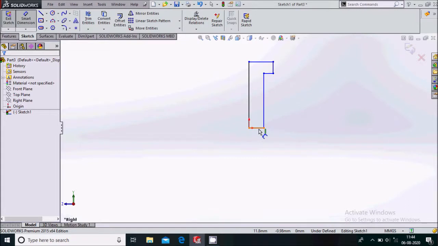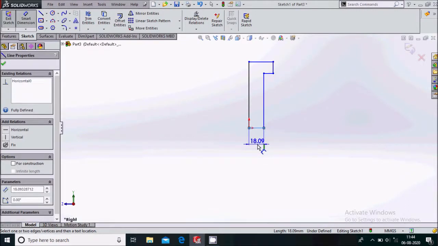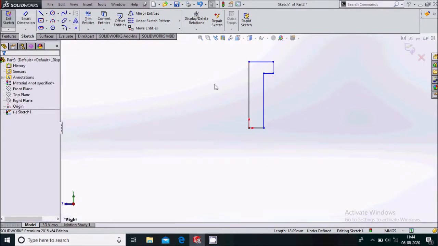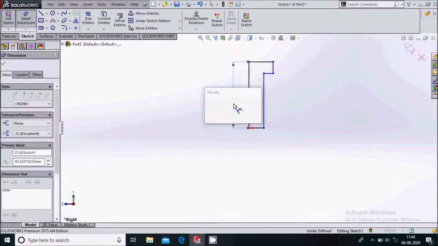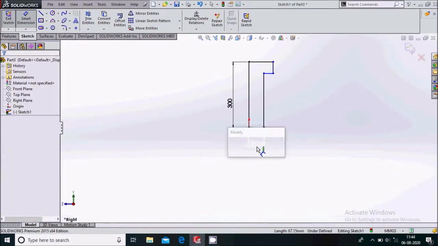So we will give the dimension to this. Select here Smart Dimension and give the dimension to this to be 300 mm. Then this dimension will be 12 mm.